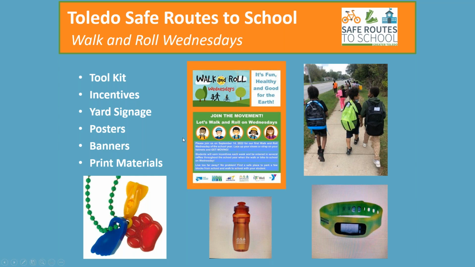And then we provide some other incentives like water bottles and pedometers that they'll usually use as a raffle prize. So kids, when they participate, get to put their name into a raffle, and then they'll draw a couple names out every few weeks or once a month for some additional prizes. We provide some posters for them to hang around the school as a reminder. They have a large banner that they can hang on their welcoming table or inside their main doors, and then any other print materials. We always print the very first flyer of the school year for them, and beyond that, we just provide them the document so that they can print them as they need them. Next slide.